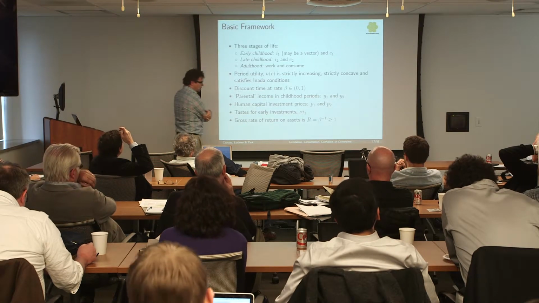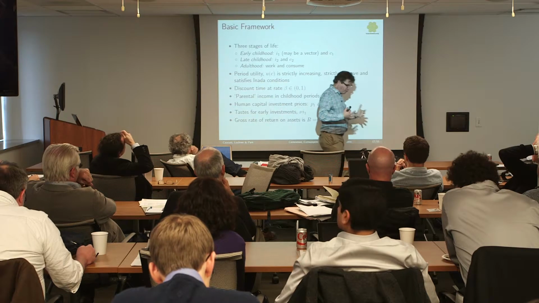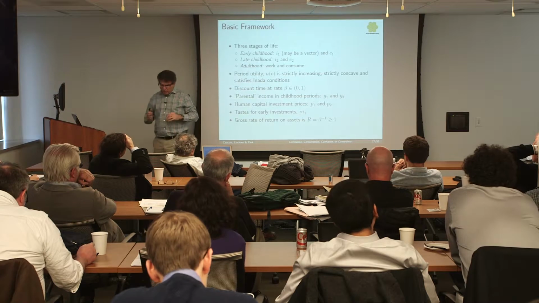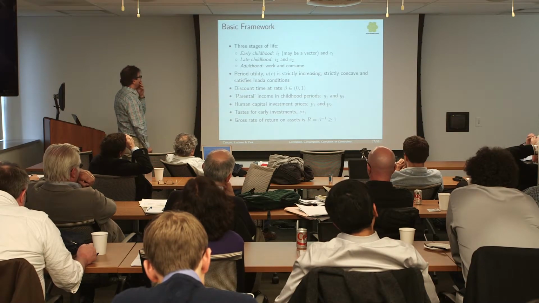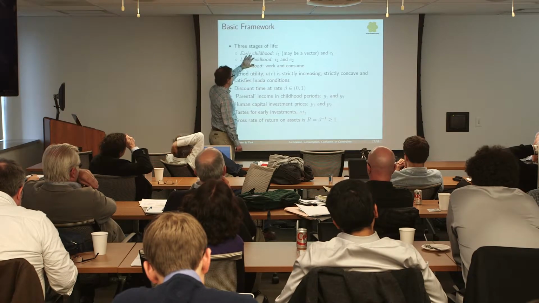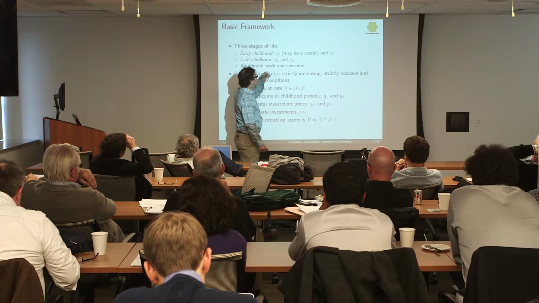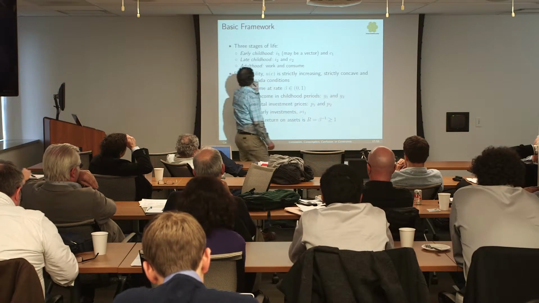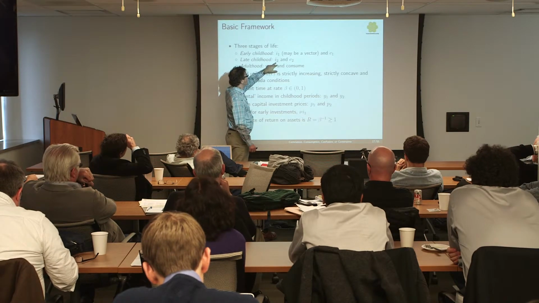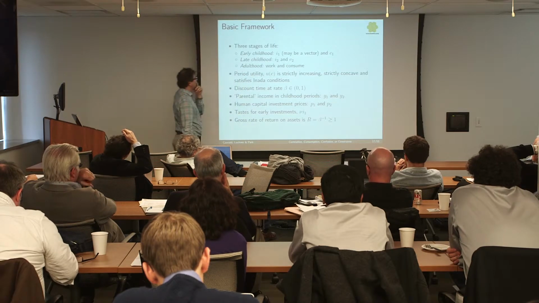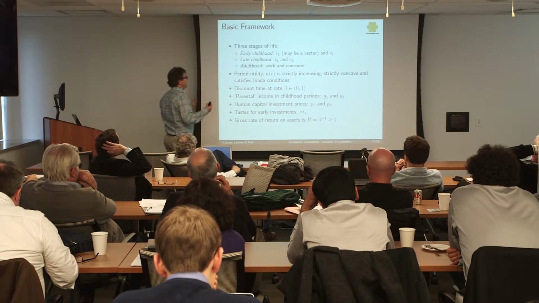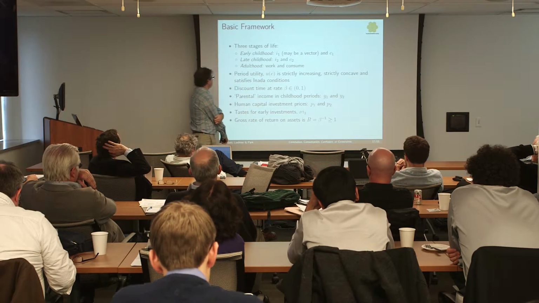So we're going to try to do this all within one basic framework, although we're going to shut down pieces at a time to focus on each of these parts. But we want one overarching framework to look at all this within. So we're going to have a model with 3 stages of life. There's an early childhood stage where you make early investments and consumption. There's a late childhood period, think of this as later schooling ages, where you also continue to make investments and consume. And then there's an adulthood period that's not going to be very interesting for most of what I'm talking about, except that's when you're going to get your earnings and you're going to consume.